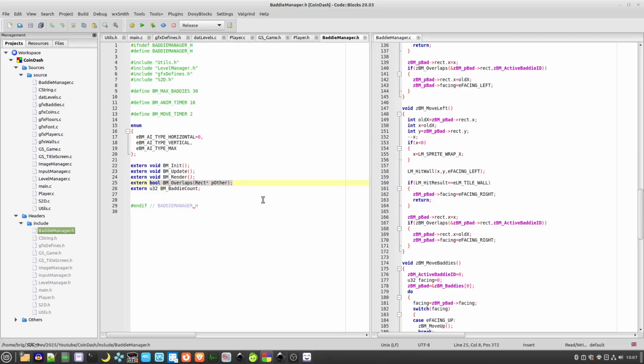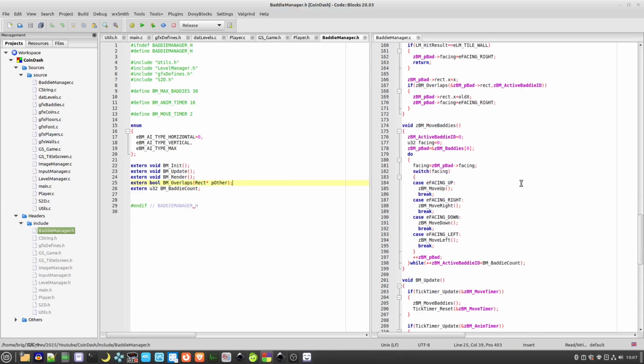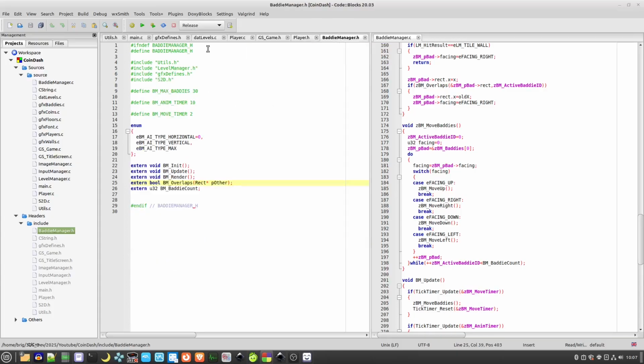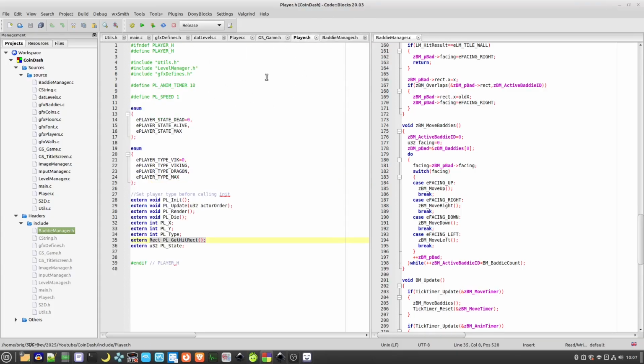So to check how the player collides with the enemies here, we have the baddie manager overlaps function here. You just put in the player's rectangle, which you can get by calling this function here. So you see the player code never actually includes the baddie code, and likewise